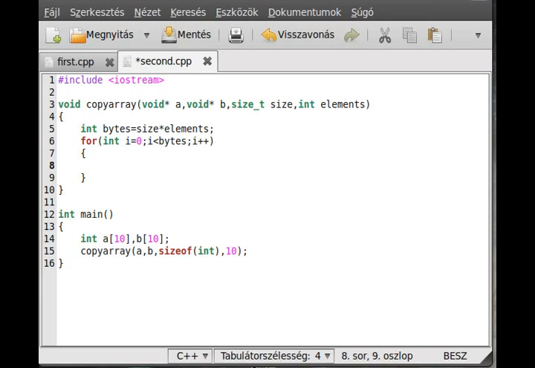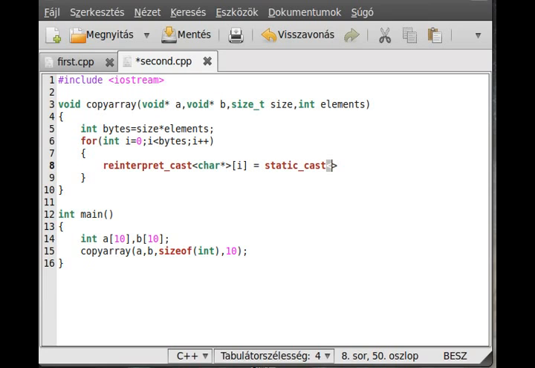We use the reinterpret_cast for that. As I said, you should avoid the reinterpret_cast, although in this case we will not. You can use the C style cast if you like. We cast it to a char pointer and we get the ith element, and we make it equal to